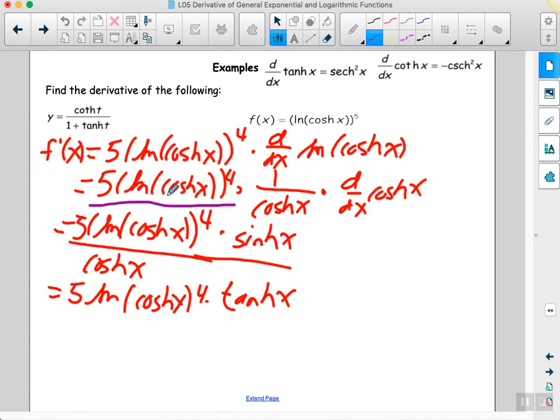That gives me 5 ln of cosh of x all to the power 4 divided by the cosh there, and the derivative of cosh is hyperbolic sine. And now hyperbolic sine divided by hyperbolic cos is hyperbolic tangent. So in the end we have 5 times the ln of the hyperbolic cos all to the power 4. So I better bracket that correctly. It's the ln of the hyperbolic cos all to the power 4 times the hyperbolic tan. And that ends